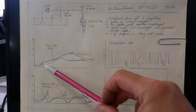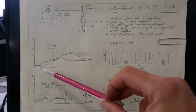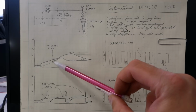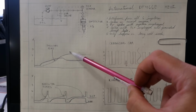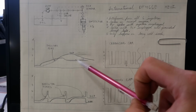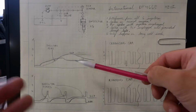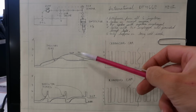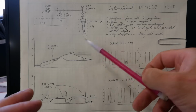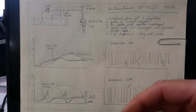It should close the IPR valve and build ICP pressure, and once it gets to around 1 volt, it should fire the injectors, and then it kind of settles in, and the computer uses the ICP sensor to control the IPR valve. It's got to be a closed loop system. As the engine RPMs change, the flow through the pump changes, so this thing has to constantly be in control. Fortunately,